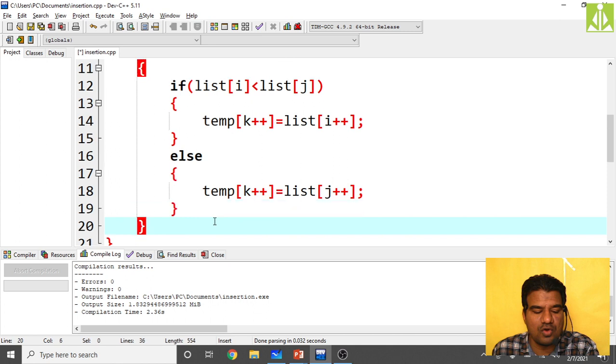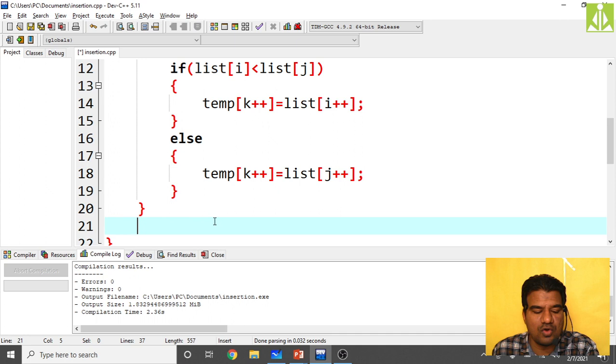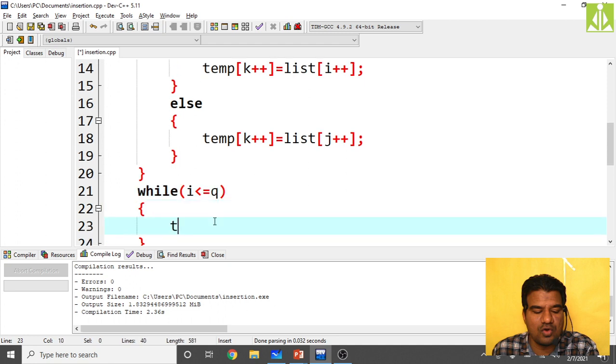just close this while, take another while: while i must be less than or equal to q, here temp of k plus plus is equal to list of i plus plus.